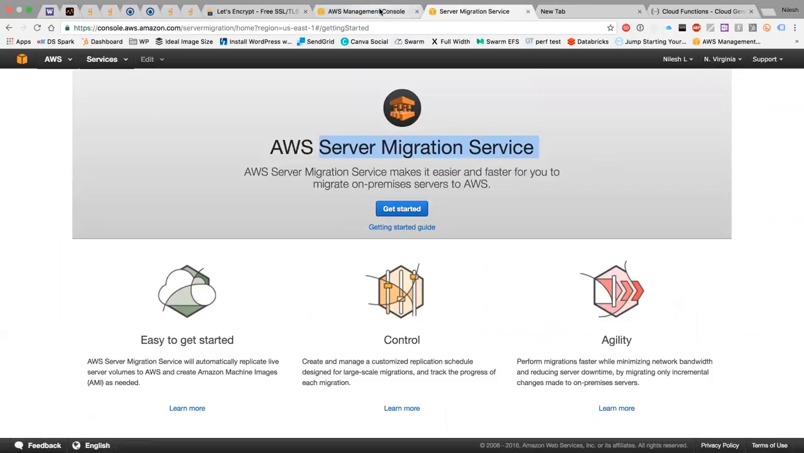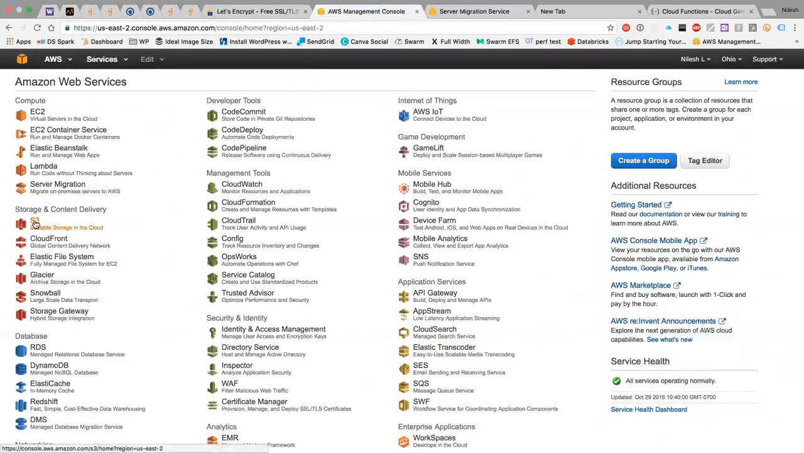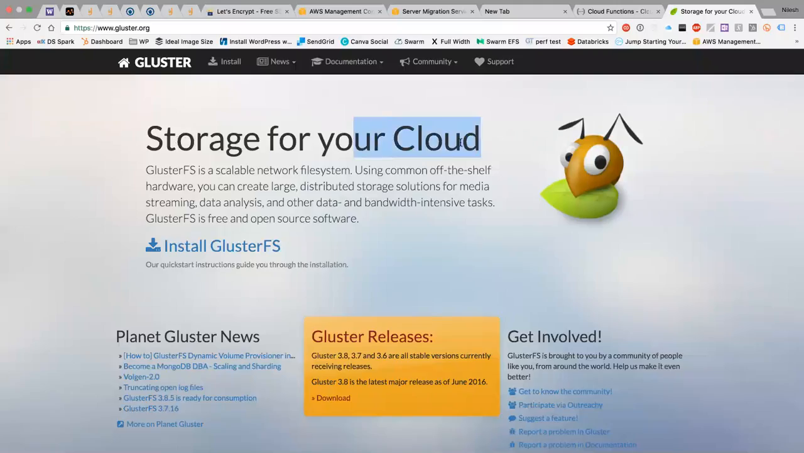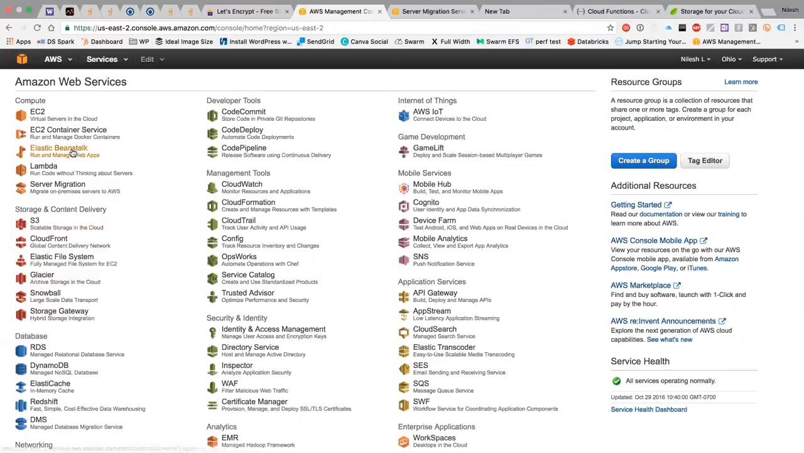That's a service. If you scroll down under the hood, you will find Elastic File System, which is based on this technology known as Gluster File System. GlusterFS is the cluster file system for your cloud, which is an open source product. If you keep scrolling down, you will find